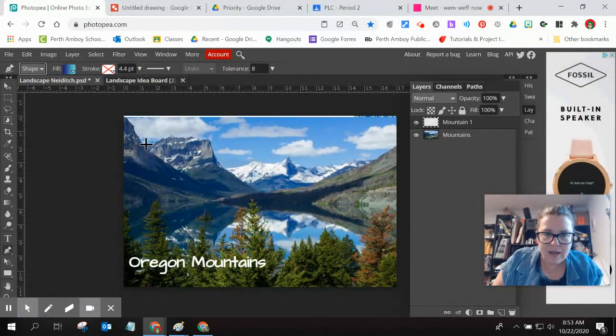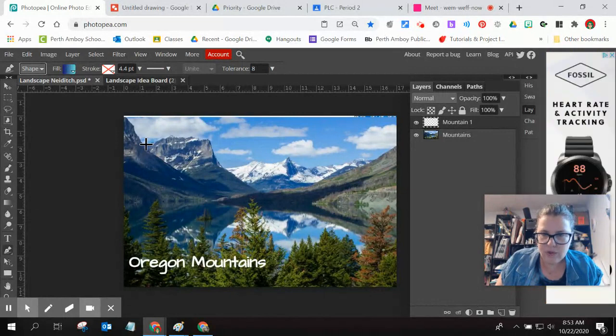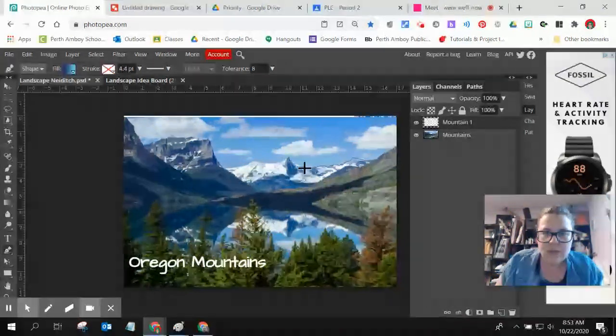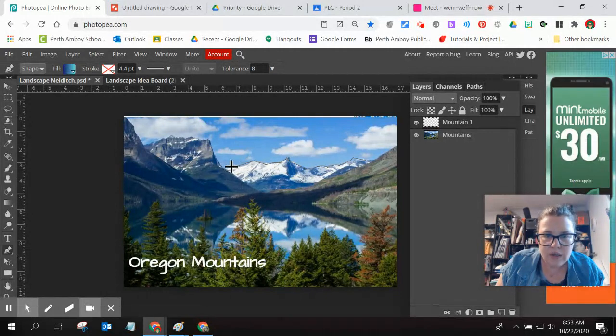Now looking at the back here, I'm going to start creating this shape. I'm actually going to start it on the edge and move over because it's going to be behind everything. I'm just going to imagine where it's ending. And I'm tracing along. And I'm trying to follow all the little edges. Now, because I ran out of mountain, I'm going to fake it. And I'm going to go down and make a shape at the bottom. And then connect it. Because until it connects,